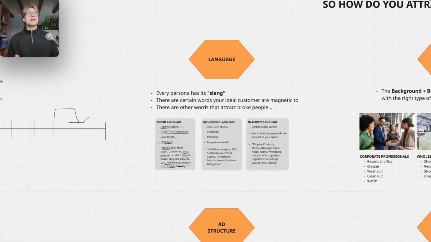It works for complete beginners. If you've never done this before, even if you don't own a laptop, even if you have $0 to invest, it works, and it's guaranteed results. You know how many ads you see online sound like this. Literally every third ad sounds like this, and they're attracting all these brokies.